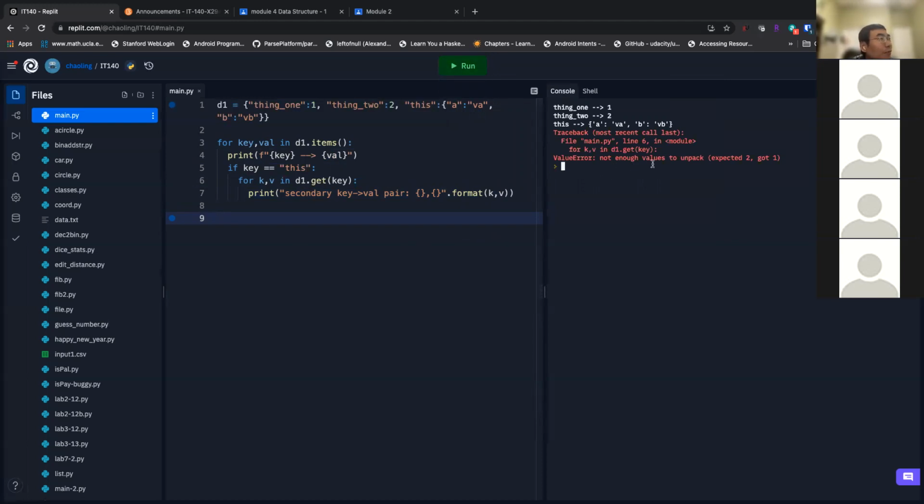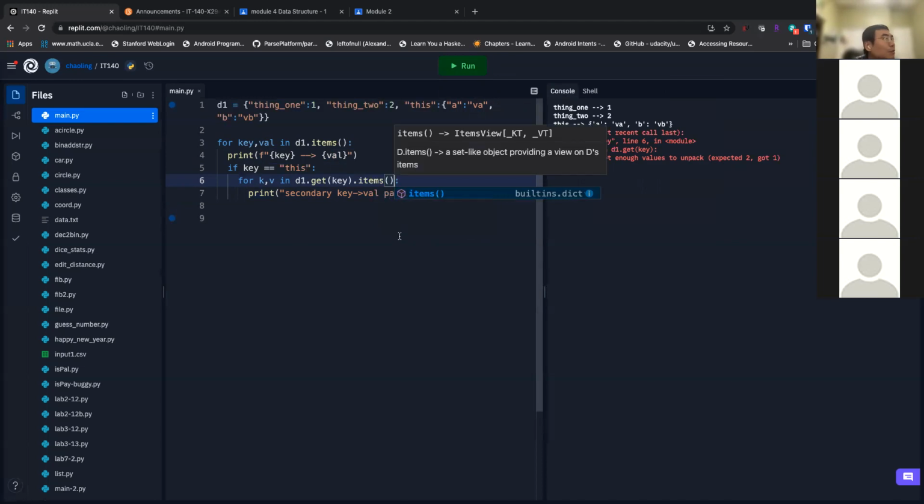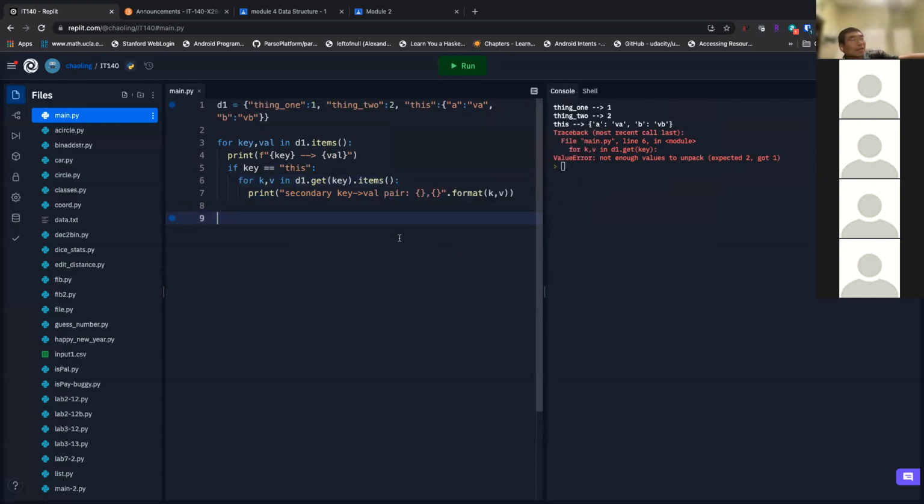Not enough values to unpack. Oh, okay, yeah, sorry. This is items, right? Because the dictionary has items, you have to do that. Now here you go.